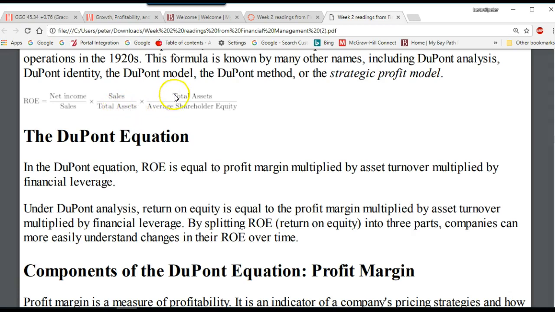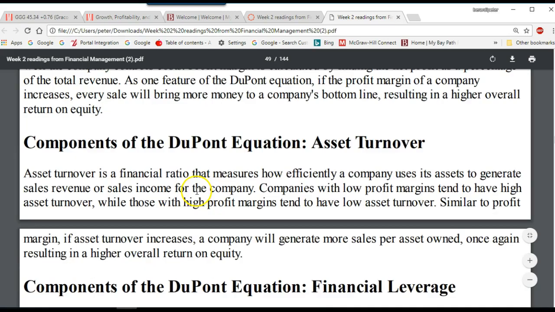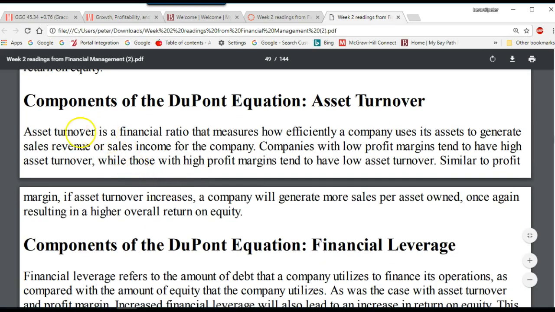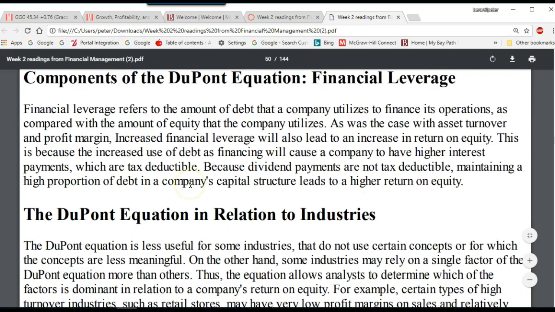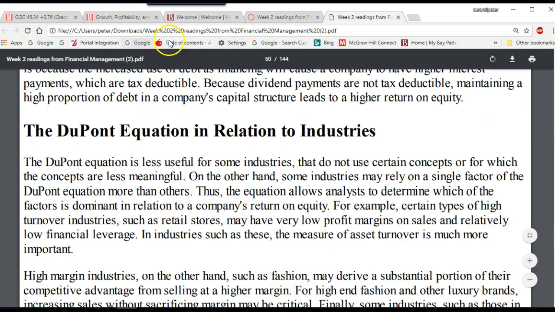Continuing, notice that the total assets in the numerator and denominator will also cross out. So if we cross out the two sales and the two assets, we're left with an equation that shows net income over shareholder equity, which is essentially ROE by itself. The important thing here, though, is to see what's driving the return on equity. And the best way to do that, and you can read through these descriptions, essentially they will basically repudiate what I just said. But let's go to